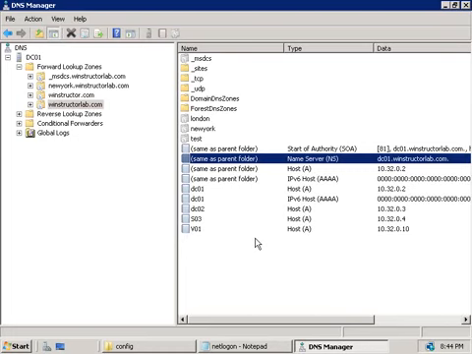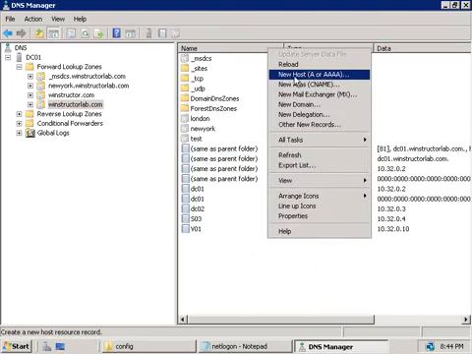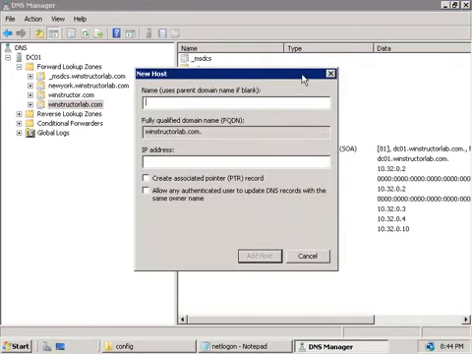For example, I have a router on this network which isn't part of my domain, but we can still create a host record for it. So let's do that now. Let's right-click and we'll select a new host record, and I'm going to give this record a name of router. Now, as we can see, the fully qualified domain name automatically becomes router.winstructorlab.com,